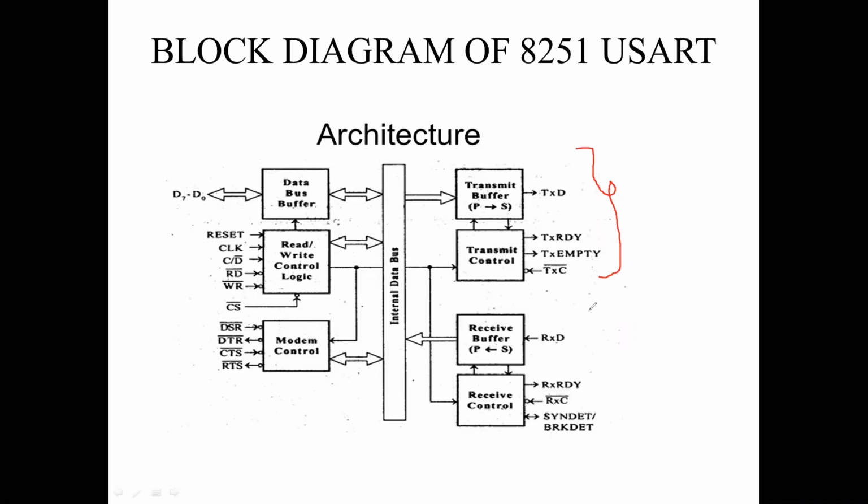In a similar way, the same device works in receiver mode also, meaning if the microprocessor wants to write something to a serial output device, then that parallel data will be converted to serial data. So this is the main block diagram. It includes this data bus, and these are the control signals. Control logic means the microprocessor wants to read data from the device or write data to the device. As per these control signals only, any one of these two sections can be activated.